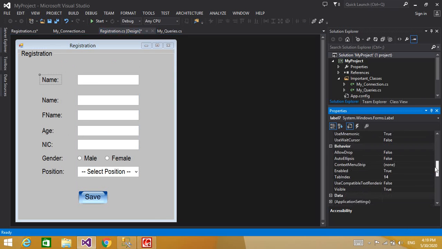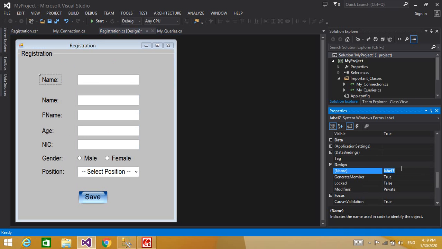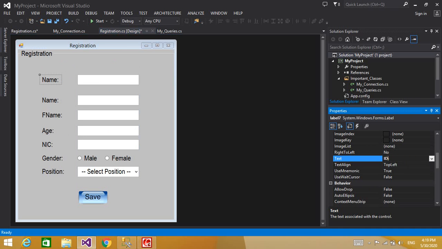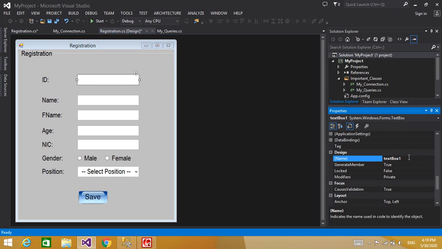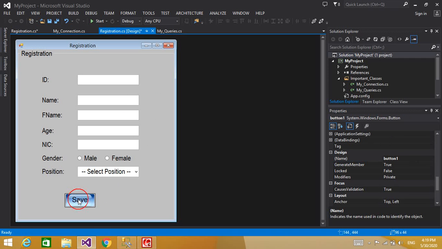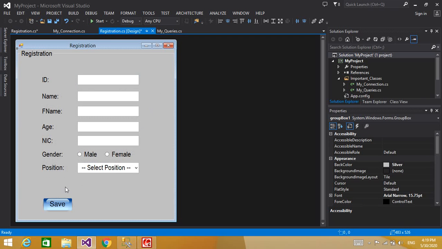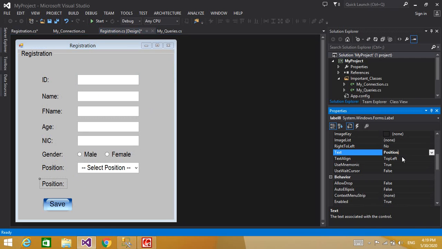I will give a proper name to it, like ID. And after this we will give a designer name for this text box in order to access it in our code, txt id. And after putting these we will just go here, copy this label and give a proper name to it, like